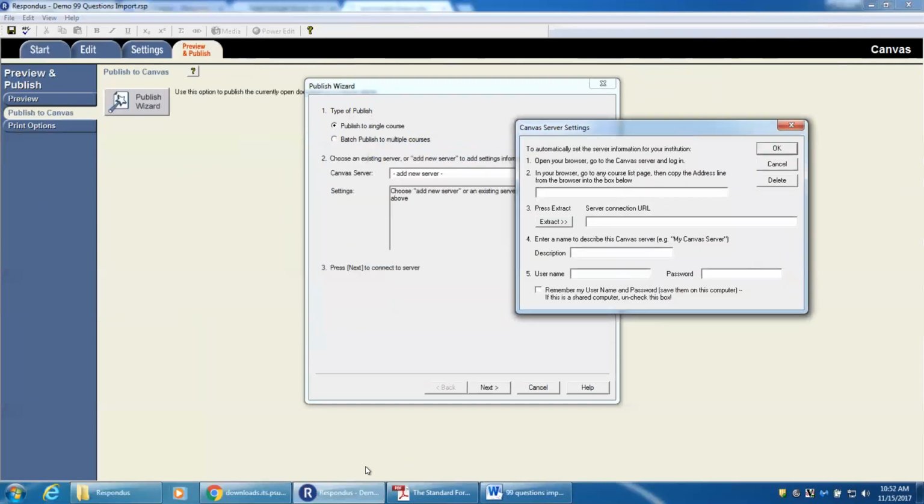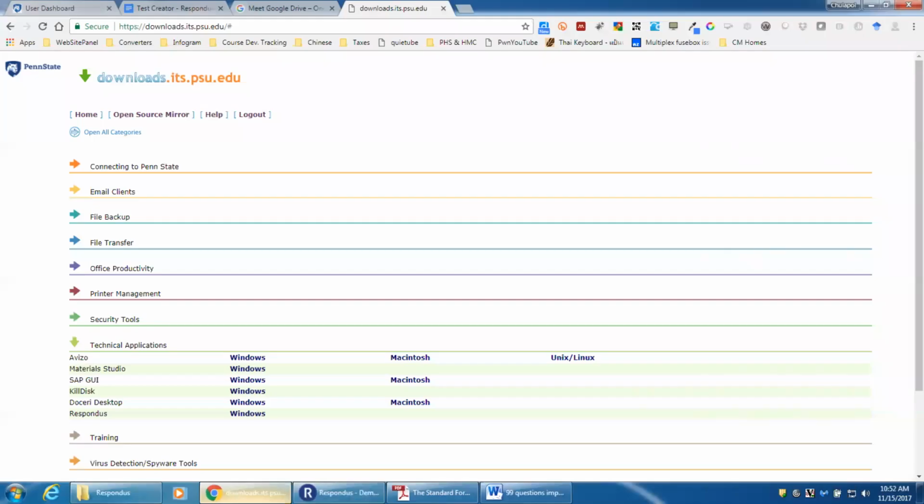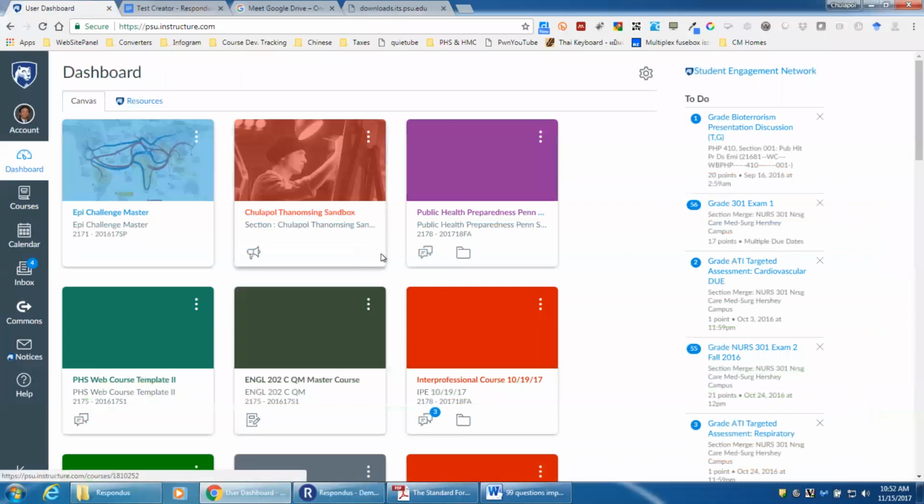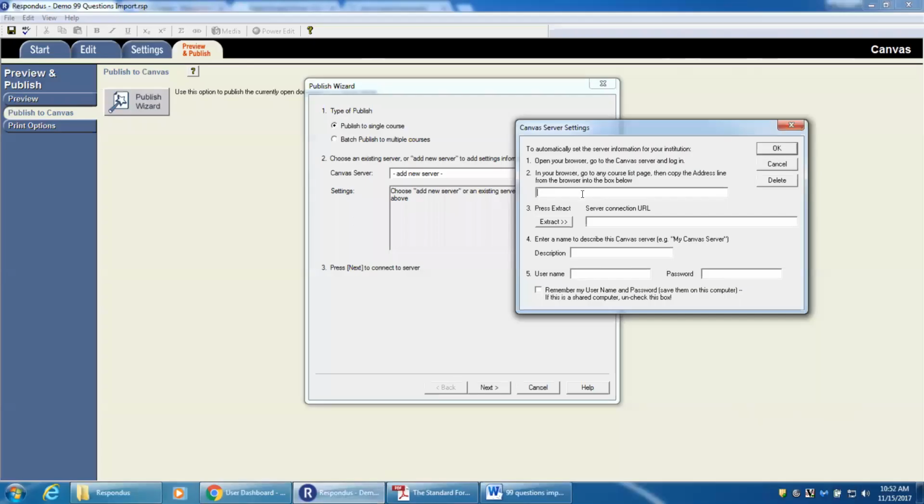What it asks you is to obtain the Canvas URL. What you could do is when you go to Canvas, I'm going to click on Canvas URL, which is this one. I'm going to copy the URL, go to paste there, and extract it. So once you extract it, it's going to look for the right URL for you automatically. Then you can put a description and say the Canvas